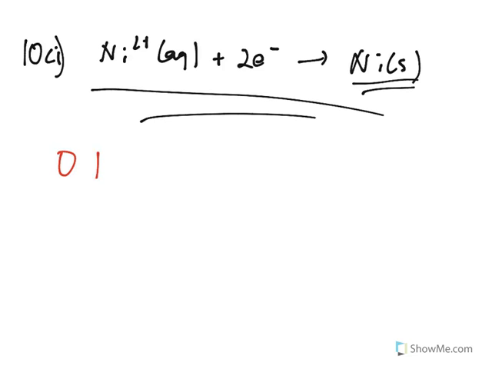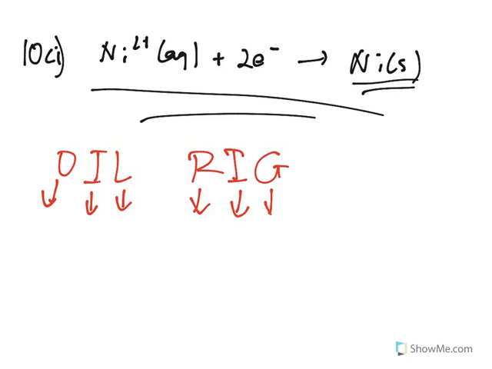Now an easy thing to remember is OIL RIG. Now what is OIL RIG? OIL stands for oxidation is loss, and RIG stands for reduction is gain. And this has to do with electrons. Remember, oxidation and reduction has to do with electrons. So oxidation means that the substance or the species loses electrons, whereas reduction means that the substance or species gains